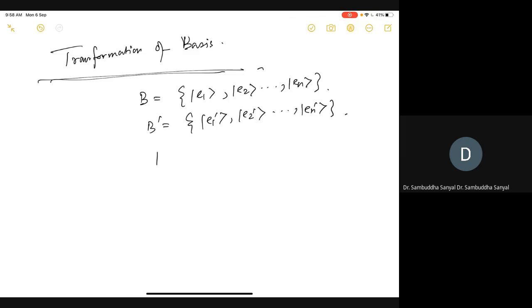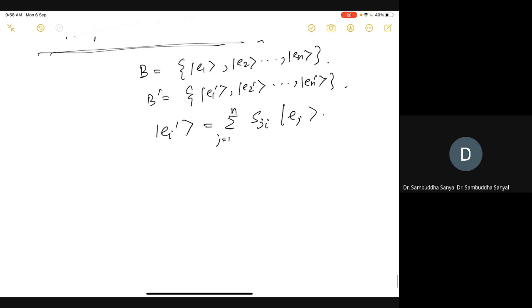But it is also true that any vector of this B prime can be expanded in terms of the basis of B, and vice versa, because the other set forms a basis. So that means any vector should be expressible. So let me call it S_ji, some n dimensional, where j is 1 to n. Now the opposite should also be true, which means E_j